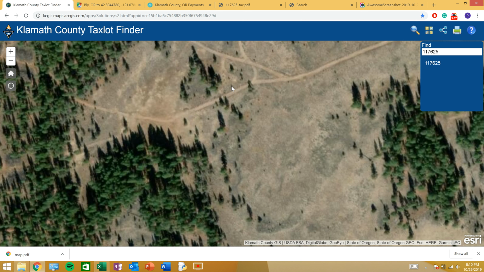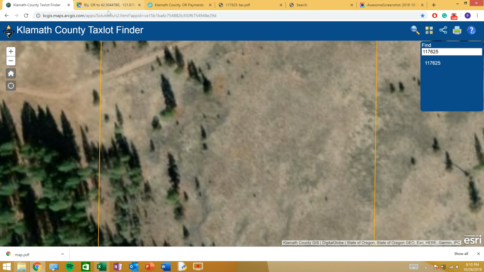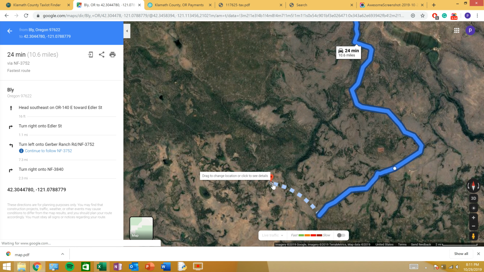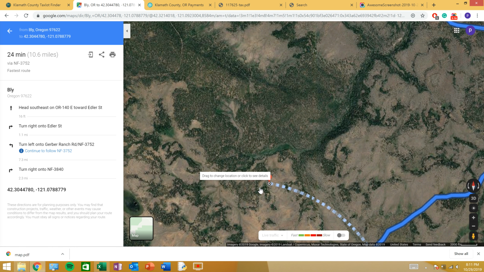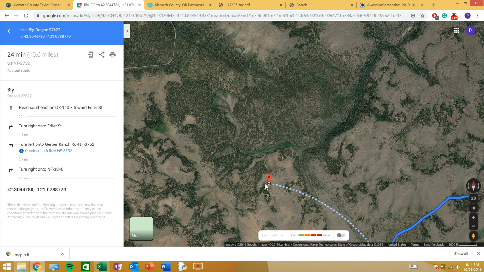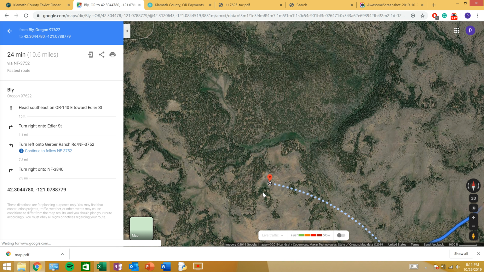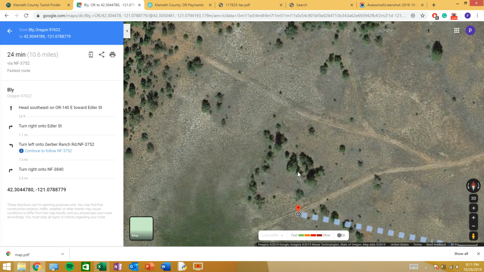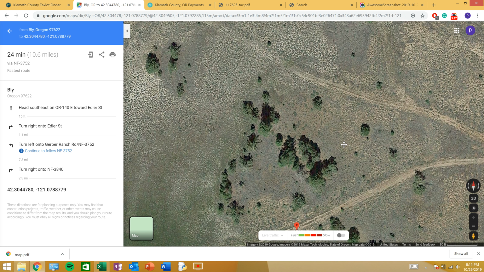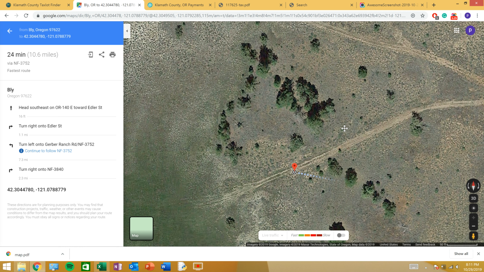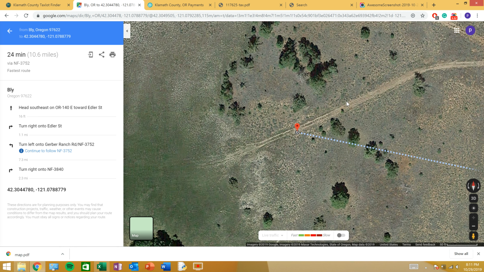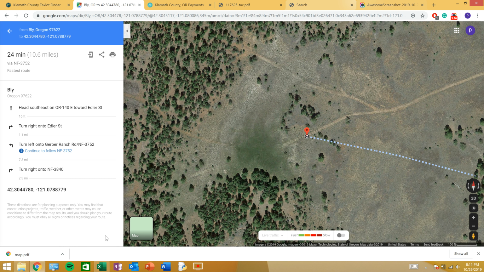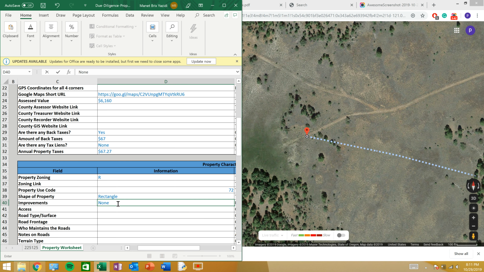And even on Google, because Google updates the images more often, this is a more recent image of the property. Doesn't appear to have anything here, you see? Yeah, right there. So just nothing there. We're gonna write none here. None. Access